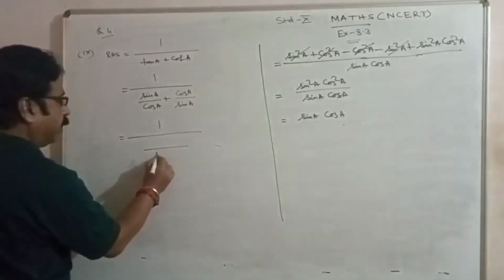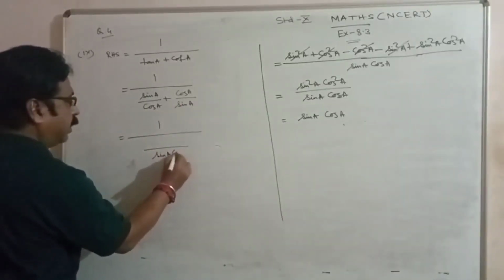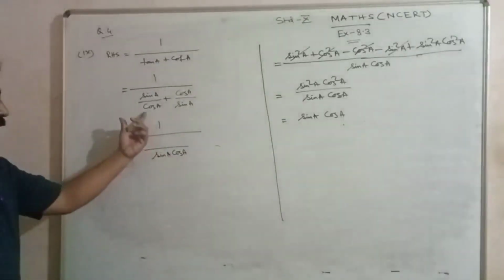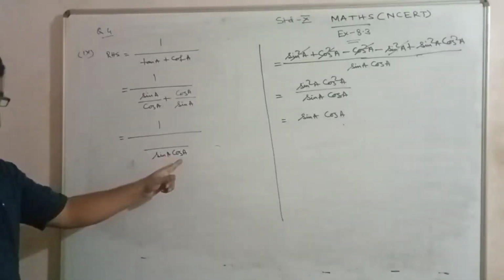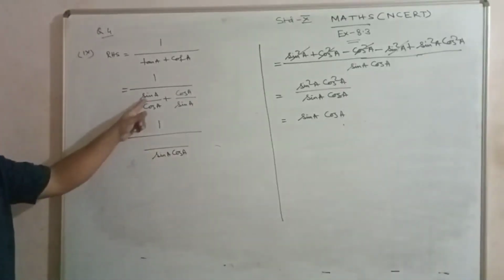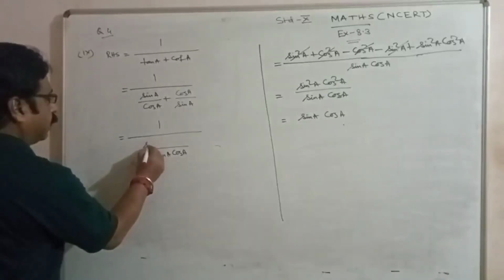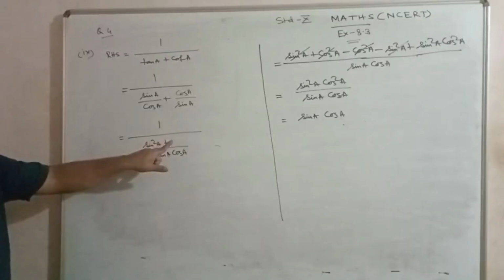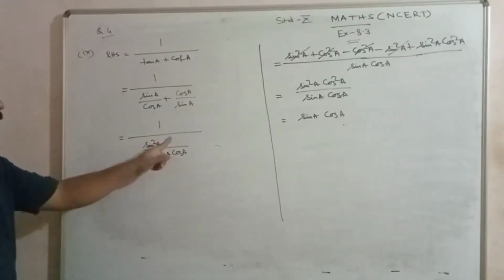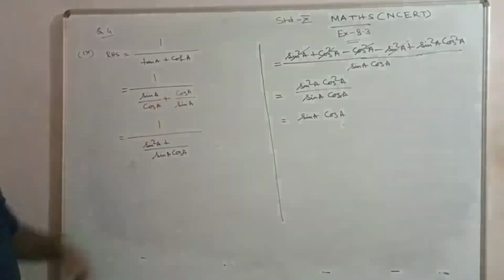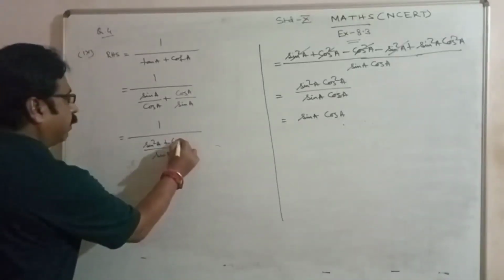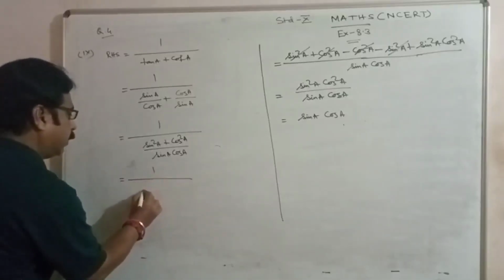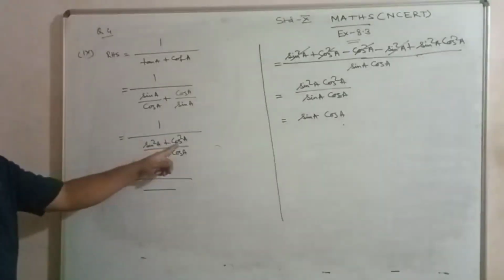Sin A and cos A. Sin A into cos A will be the LCM. Cos A into sin A is sin A cos A. This sin A into sin A means sin square A, plus sin A into cos A will be sin A cos A. This cos A into numerator cos A means cos square A. So it will be 1 upon, now sin square A plus cos square A means 1